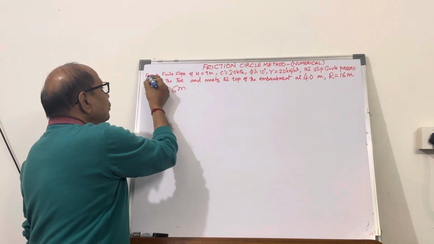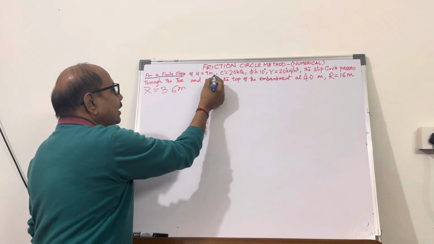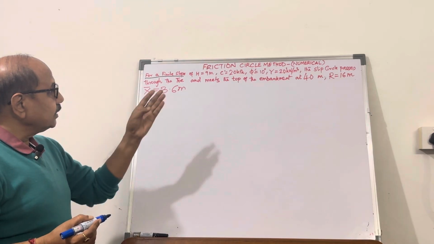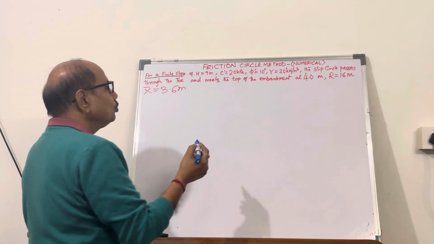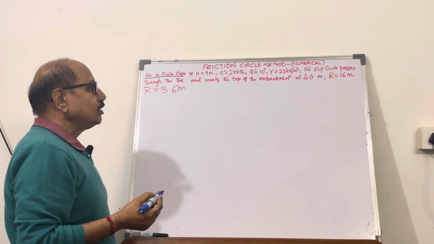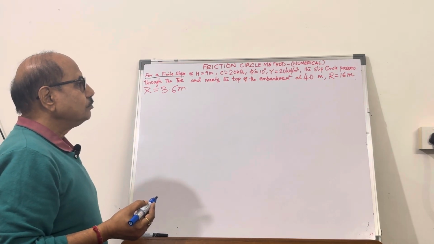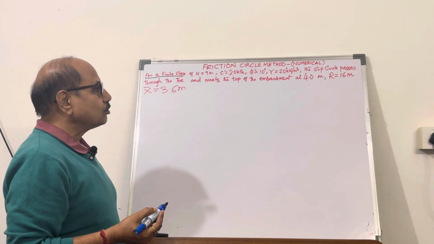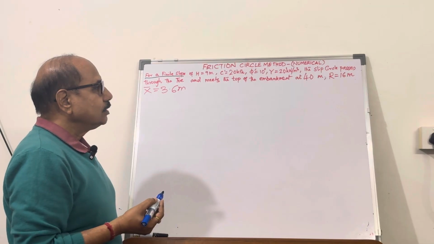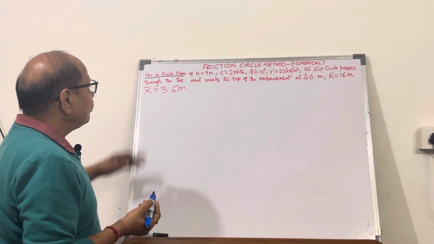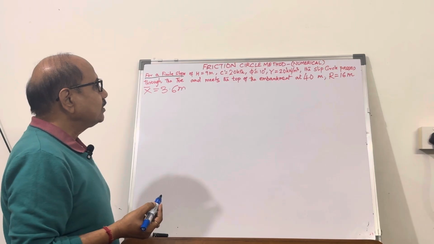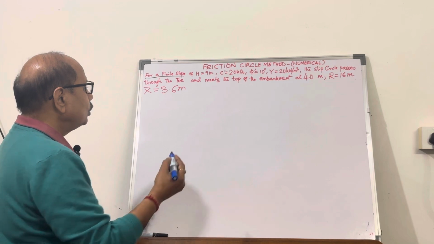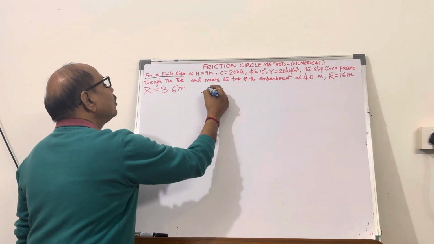for a finite slope, the height is given as 9 meter and the properties of the soil are given to you as c prime 20 kilopascal, phi prime 10 degree, and the unit weight gamma is given as 20 kilonewton per cubic meter. The slip circle passes through the toe and meets the top of the embankment at 4 meter. So if you go for the solution of this problem